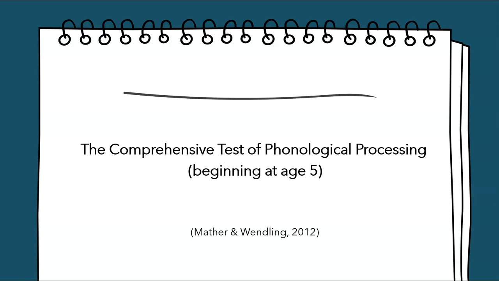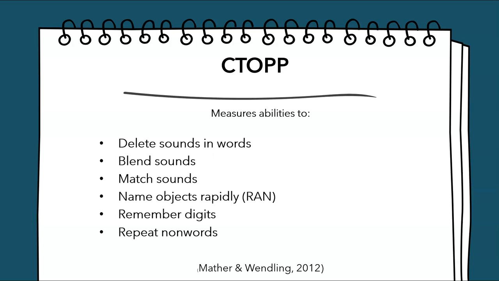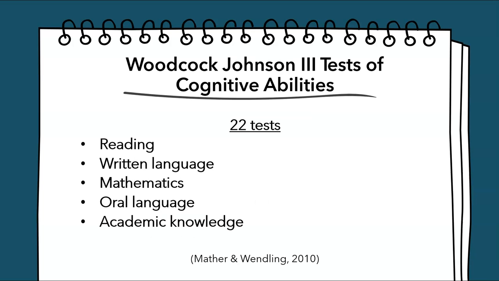It can be given to students starting at age 5, and it measures phonological awareness skills, such as the ability to delete sounds in words, blend sounds together, match sounds, name objects rapidly. It also tests memory for digits, numbers, and also asks students to repeat non-words, so their ability to repeat back a non-word. The second test is the Woodcock-Johnson test of cognitive ability, and this covers 5 different academic domains, and